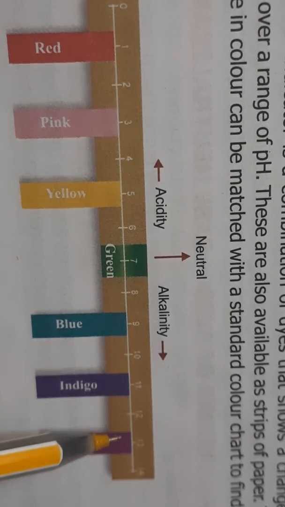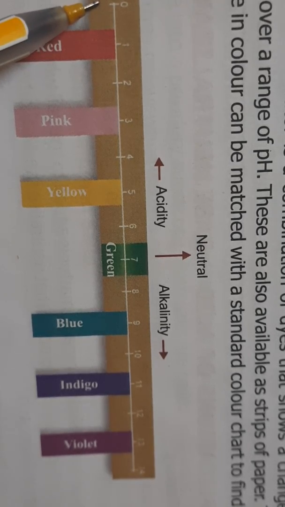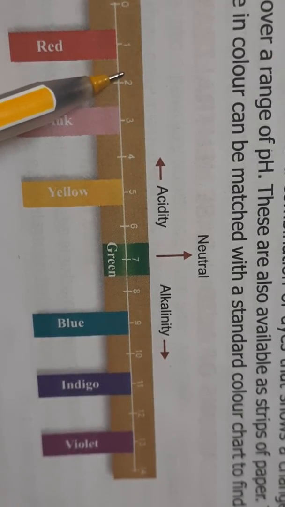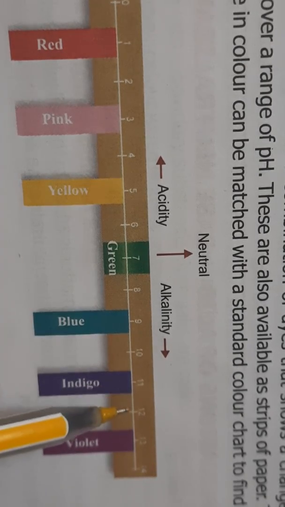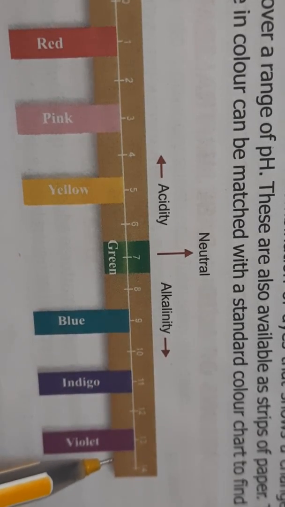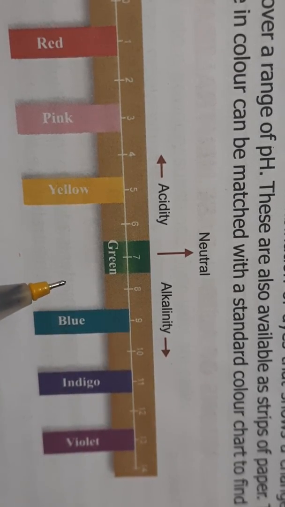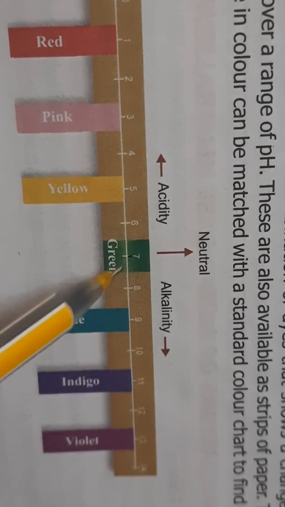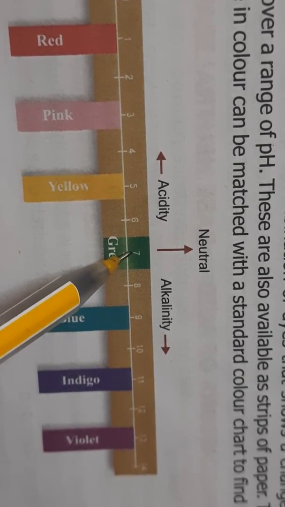Okay, and a solution having pH value less than 7 is termed as acidic. So the lower the pH value of an acid, the stronger it is. Jitna lower hoga pH value, utna strong acid hoga. Or here, the higher the pH value of a base, the stronger the base. And the substances, just now as we showed, sugar solution will have a pH value of 7. So a pH value of 7 means it is neither acidic nor basic. It is neutral in nature.